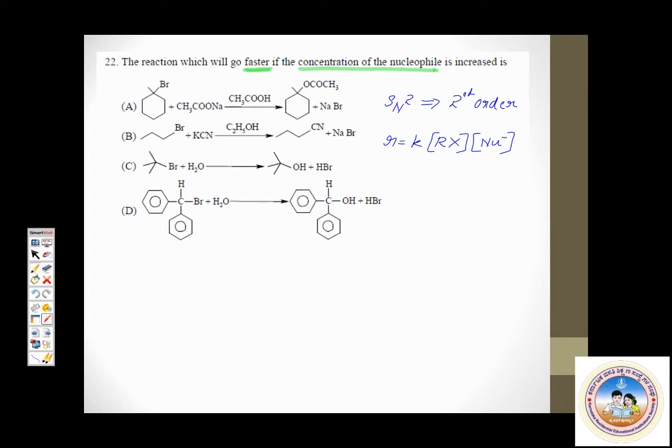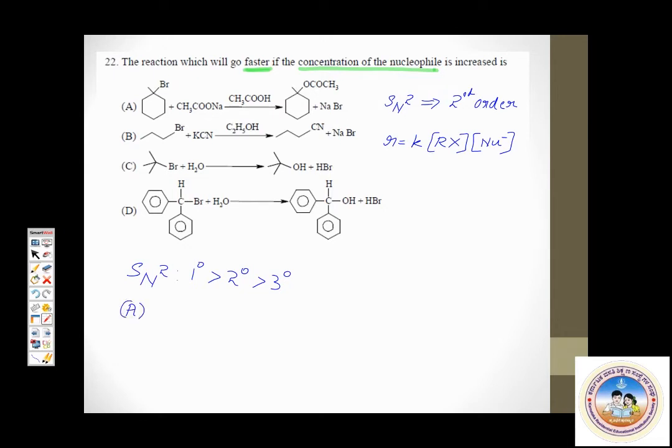So looking at the reactions here, it appears as though some complex compounds are given. Okay, so don't have to worry. Just figure out what type of alkyl halide it is. You just have to find out what type of alkyl halide it is. Okay, option A. Check out option A. Option A has bromine atom attached to a carbon, which is attached to 3 different alkyl groups. So if a carbon atom having halogen is attached to 3 different alkyl groups, what type of alkyl halide is it? It's a tertiary alkyl halide.